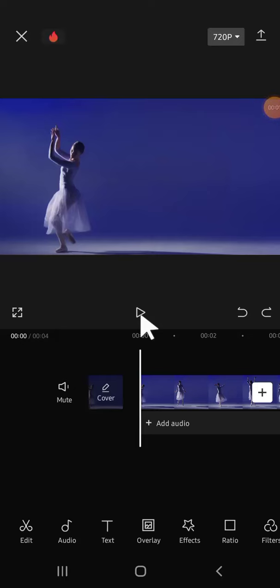In this tutorial, I'm going to show you how to use background in CapCut. Alright guys, here I have imported my video to CapCut, and if we want to use background, the first thing